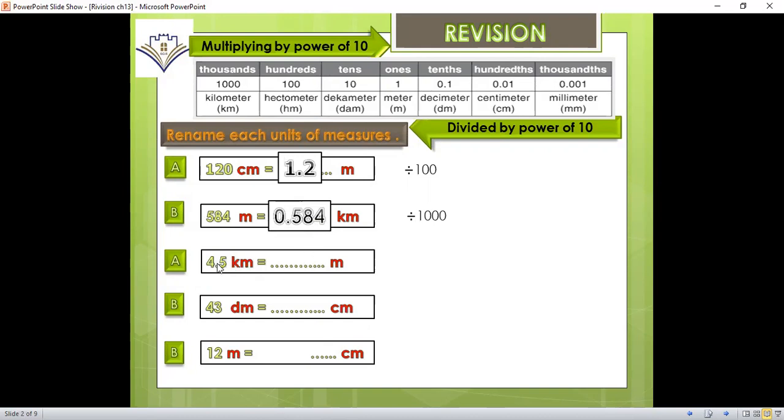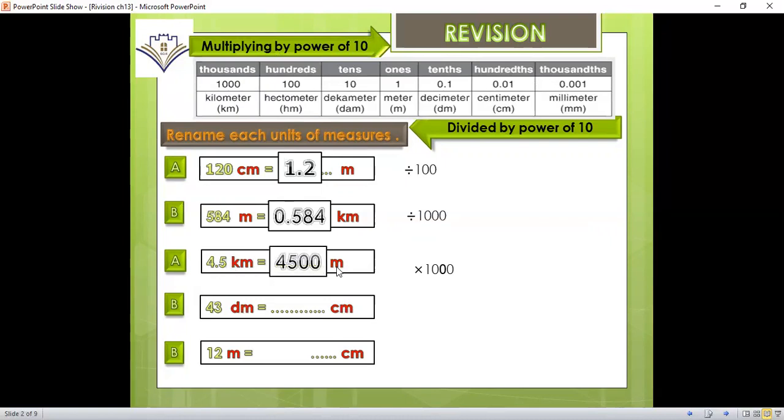The next is 4.5 kilometer equals dots meter. Look here. From kilometer to meter. Where is kilometer here? Yes. Where is the meter here? Now from this way, multiply 10, multiply 100, multiply 1000. 1, 2, 3. Move it 3, then multiply by 1000. Then the point will move 3 places to the right. There isn't another number, then put 2 zeros. Then the answer is